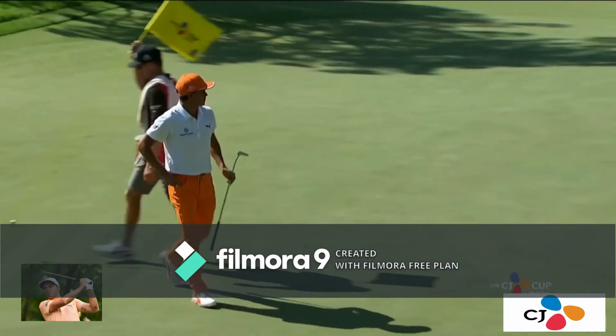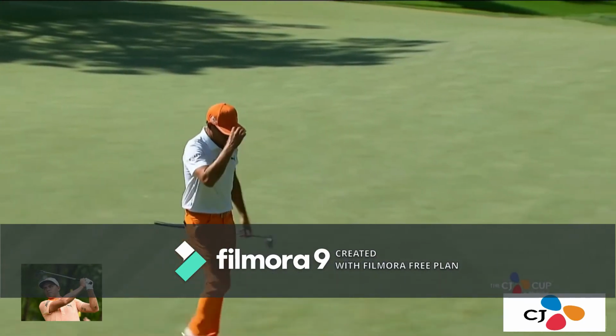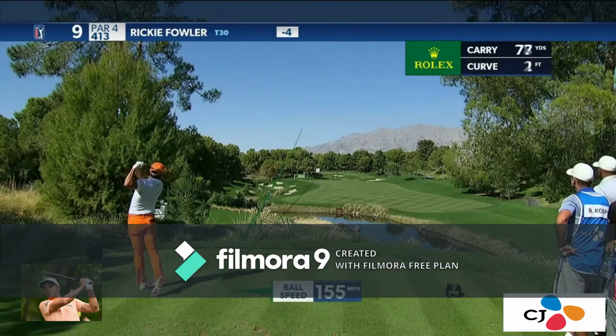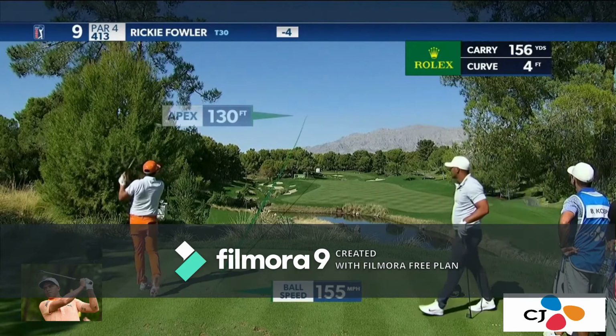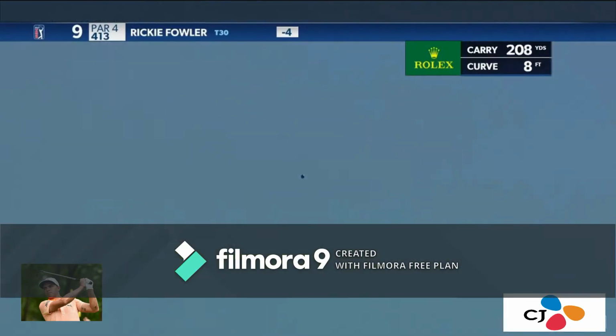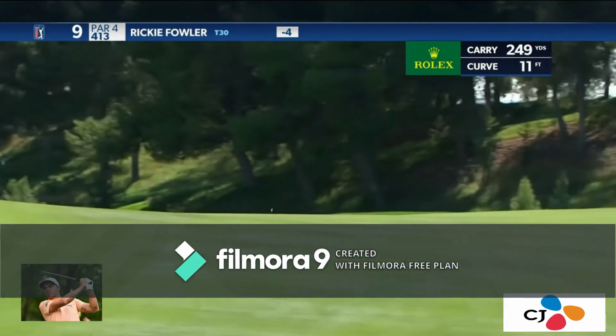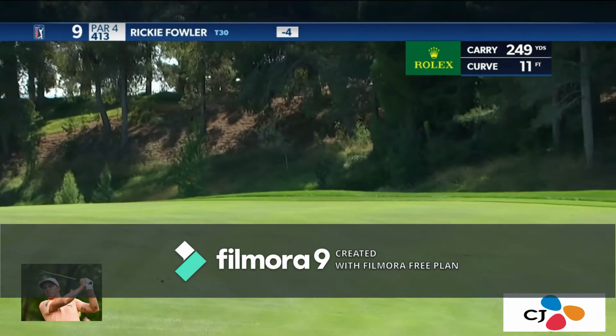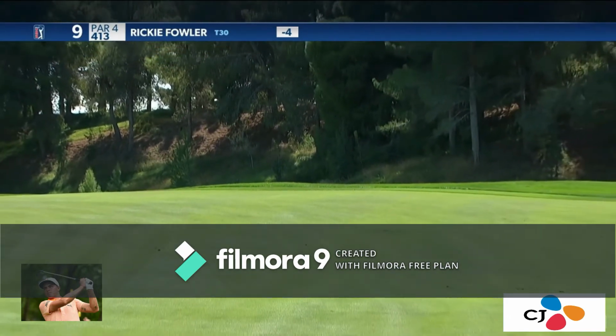And it's not exactly how we wanted to see things at the 8th. Challenge. It's been a bad stretch of mediocre dice. Rickie just tried to find the fairway here at 9 using that top tee again, which shortens the hole. Oh, look at that. How about a good break? That was the opposite of